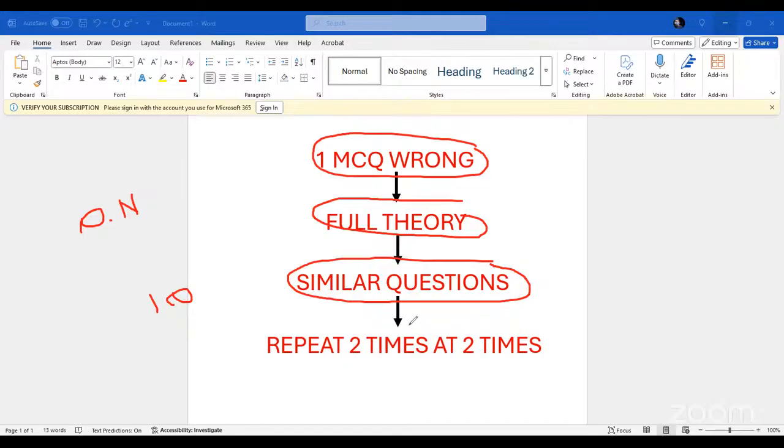And then repeat two times. What do you mean by that? Let's say you repeated as soon as you got one MCQ wrong, and then the next day you repeated it. You have to repeat it again about one month before the exam. Whatever mistakes you made, you're going to note it down somewhere: I made this mistake on this day. The MCQ, the theory part related to it, and how you got it wrong. Everything you're going to note down. That is going to be very helpful before your exam,